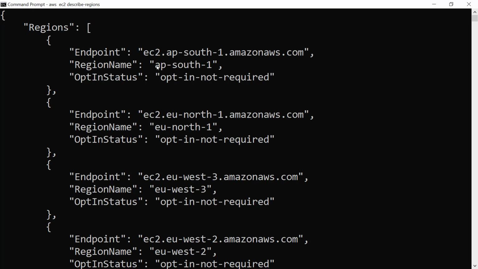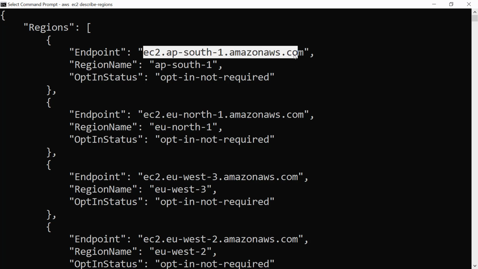So what I'm seeing here, that if I send a request to EC2 in AP South 1, that request basically goes to this endpoint. So endpoint is the door on which my request would knock, and depending on the permissions and other things, it would be allowed to come in and perform operations. So that is my endpoint.